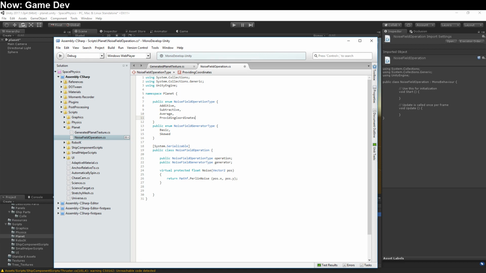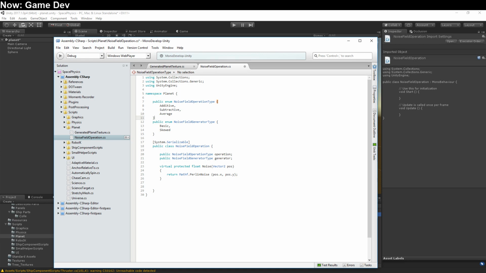Now, do I want that? No, I don't. We can put that in later if we need it, but it's a little too complicated for now. Basically, when we do a noise field operation, we can either do this pixel by pixel or all at once on all pixels. Well, we'll just go ahead and make a virtual public float value, and we'll pass it in a Vector2 pos and a float